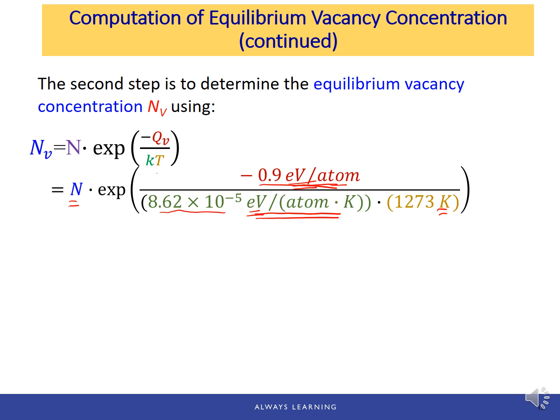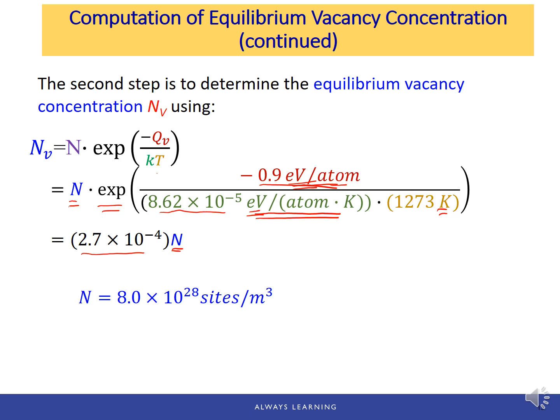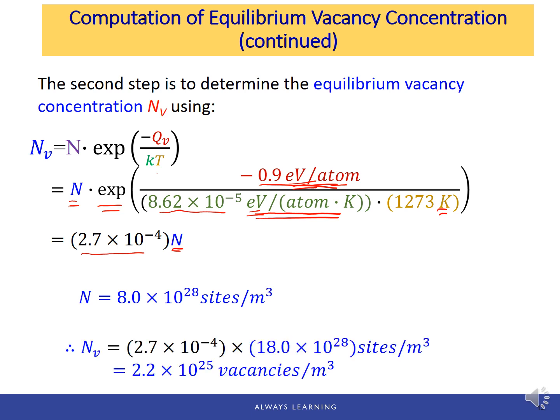We should convert it to Kelvin, which is 1273 Kelvin. So this E part is calculated to be 2.7 times 10 to the negative 4. And then times N, the number of lattice sites, or number of atoms, or number of possible vacancy sites, which we just calculated, and this N equals 8.0 times 10 to the power of 28 sites per cubic meter. We substitute the number N,